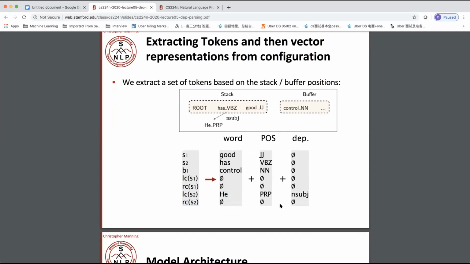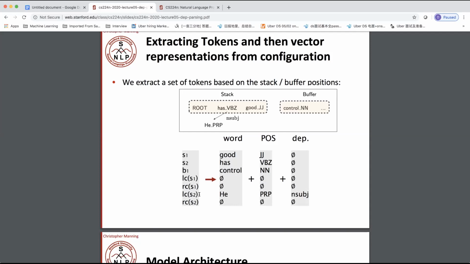So the input here in each layer could be the word itself. It also could be all the arcs, because in each step we have to explore all the words inside the stack. So we have to actually use all the words. We do not only use a word, but we also use the relationship between the words. So everything here is an input for the neural network. That's why we have 1, 2, 3 words right here, and left 1, 2, 3, 4, so 7. But we also could have